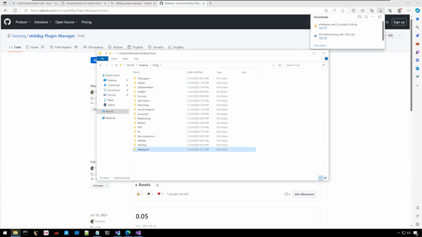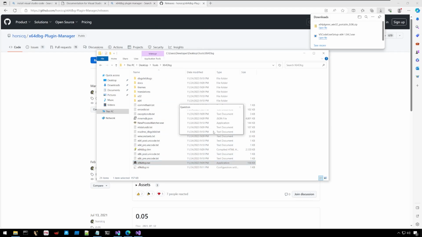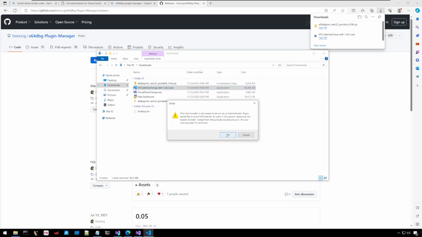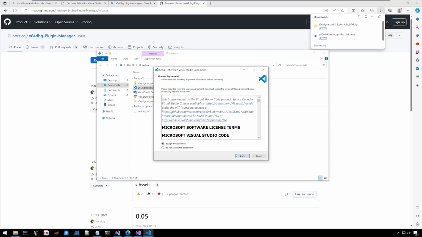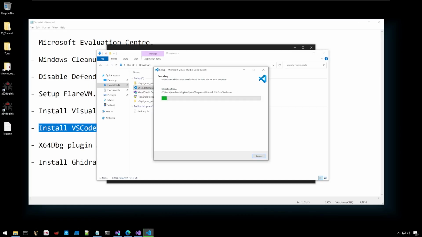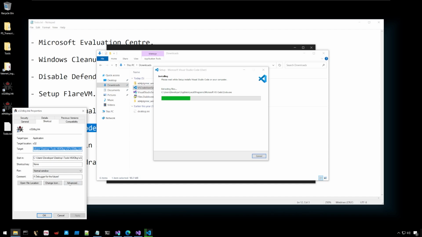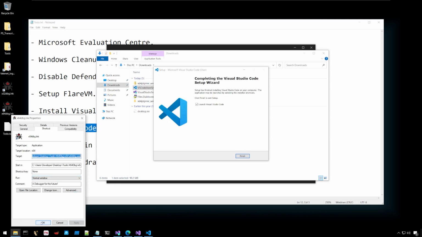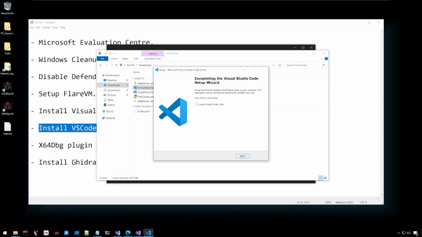Let's close this. Let's go to our tools. Let's go to x64dbg, right click, run as administrator. Yes, yes, yes, yes. All right, so that's fine. We'll have to do one last thing with x64dbg, which I will do while the setup of Visual Studio Code is running. Next, installation. All right, so that's fine. Right click on this, properties, advanced, run as administrator, apply, okay. x64dbg advanced, run as administrator. Okay, apply. Okay. All right, Visual Studio Code is also done,